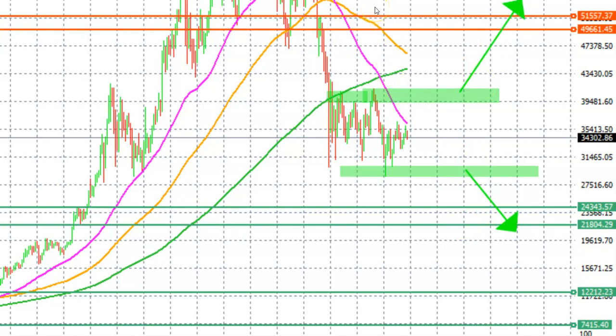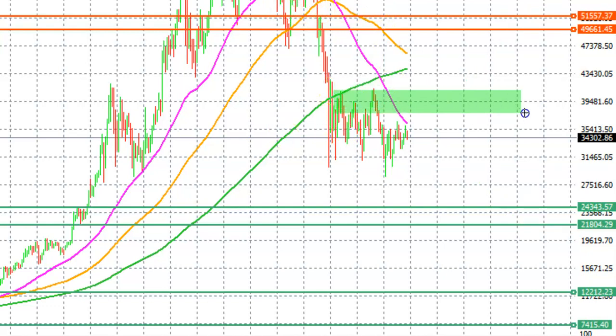It is just a consolidation, and the consolidation between the two zones, as we have mentioned, the highs being right over here and the lows being over here, is where the price is very much trading. Now, in terms of our important support zone, it is right around this particular price level that we are very much focused on, because this is the area where we could see very significant buying pressure coming in. As for the resistance area, I am still holding on to my resistance near that 49 to 51,000 price level.